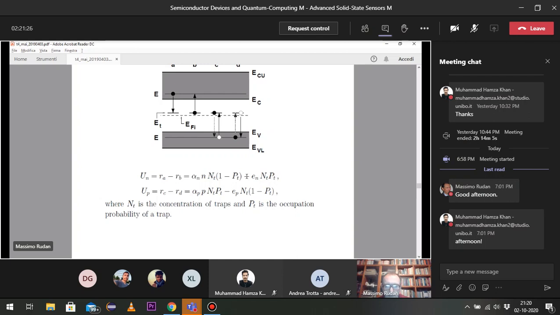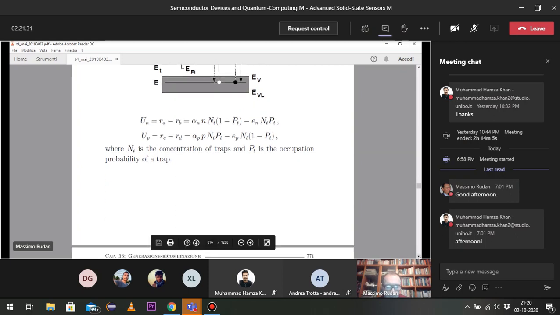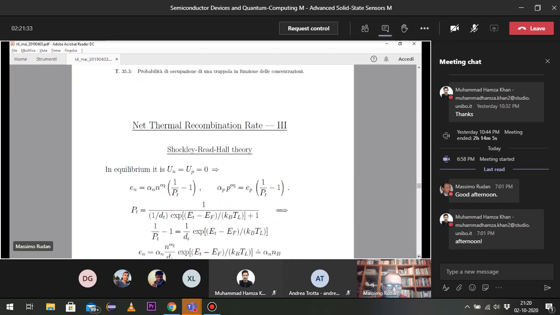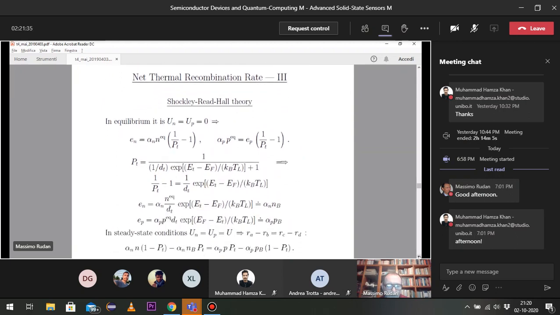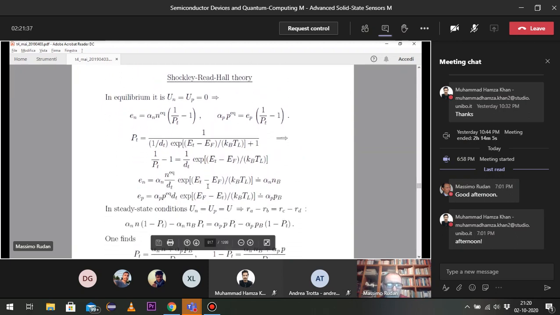Okay, so you leave En alone. When you do this, you find En equal to alpha n of equilibrium, (1 over PT minus 1), and PT is also the equilibrium